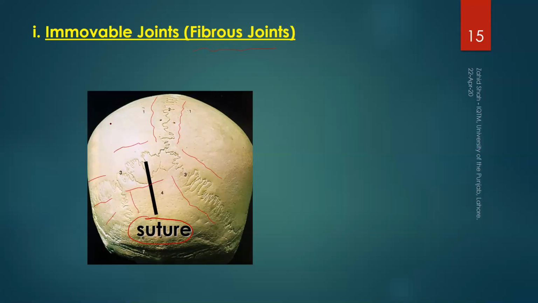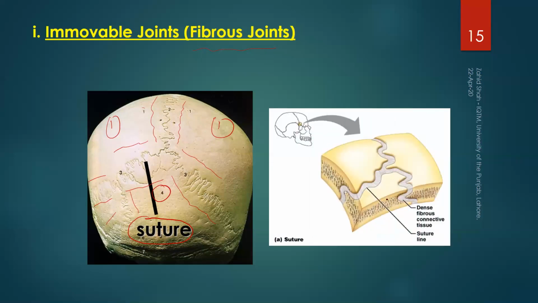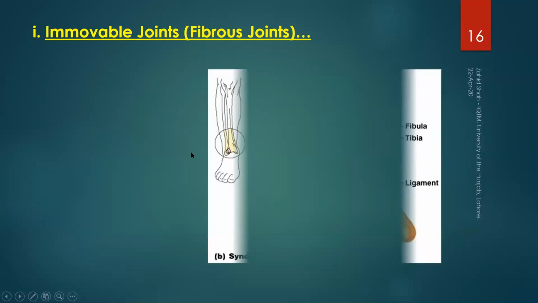So there are different parts of the skull. For example, this is a different part, just a sort of mirror image, these two parts, for example, and this is a different part, and on the right and left there is a part of the skull as well. But the joint that is formed is just like stitched together. You can see more clearly here. There are dense fibrous connective tissues that are making this joint. So this is an example of fibrous joints because the joining structure is fibrous, and this is an immovable joint. Bones cannot move with respect to each other.